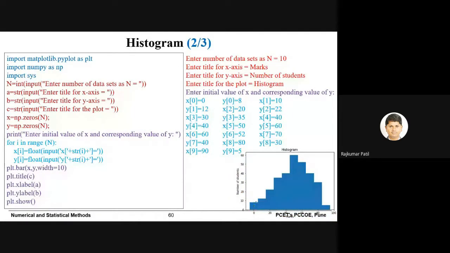There is no differentiating line between the different widths like this. But if you define it in a particular way, it will appear on your screen. Or you are free to modify the code here so that the way you want to present the histogram, that will appear on your screen.